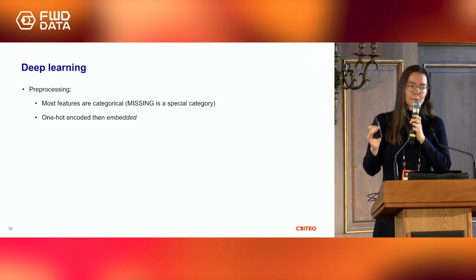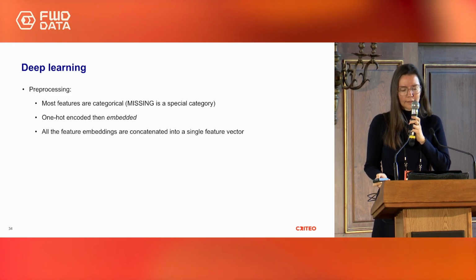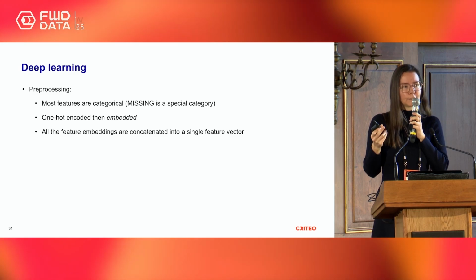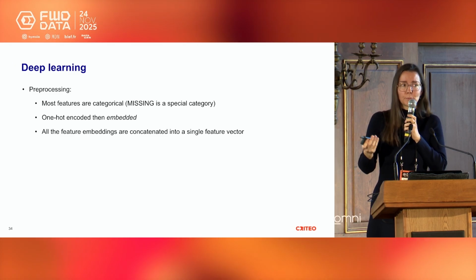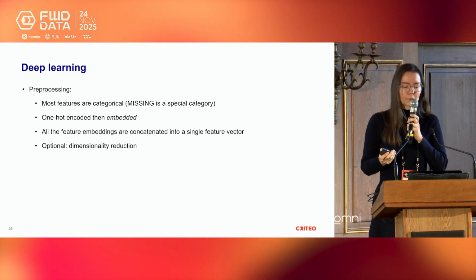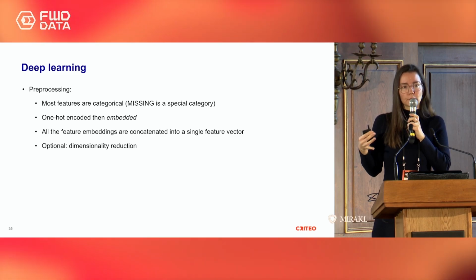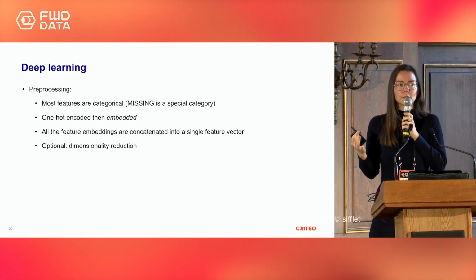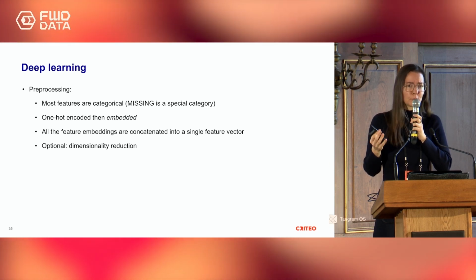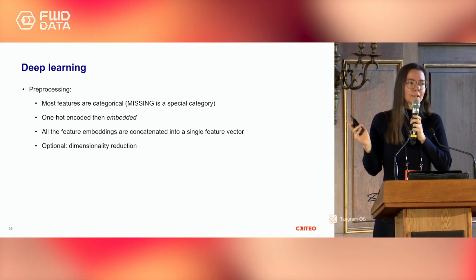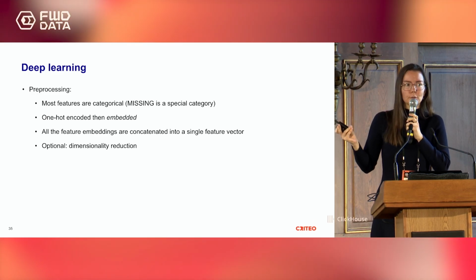These features are first one-hot encoded, and then they are embedded. Then all of the feature embeddings are concatenated into a single input feature embedding vector. What we sometimes do after this is take this concatenated vector and project it into a lower dimensional space. We don't always do this. When we do, we found that it doesn't hurt the performance and it helps to keep the model size under control. So just a little tip if you're suffering from having lots of data, lots of categorical features.